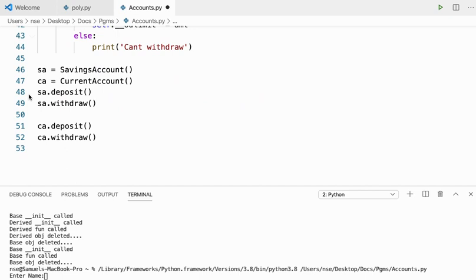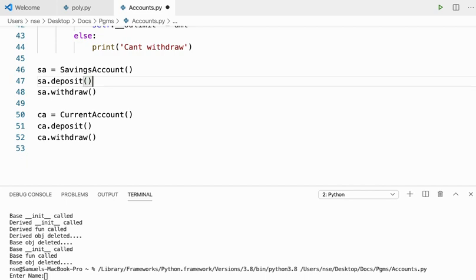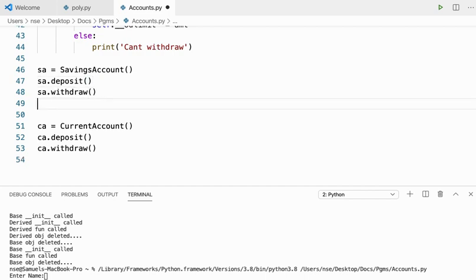And let me make some change here. Let me pull this out and then put it here. Now here I'll say deposit. After depositing and withdrawing, let me try to call the account info method. I'll also do the same thing here for the current account.